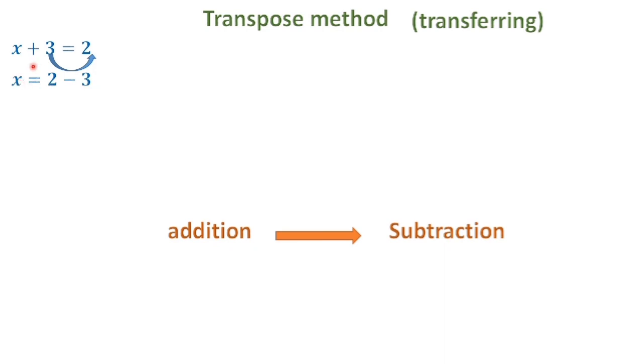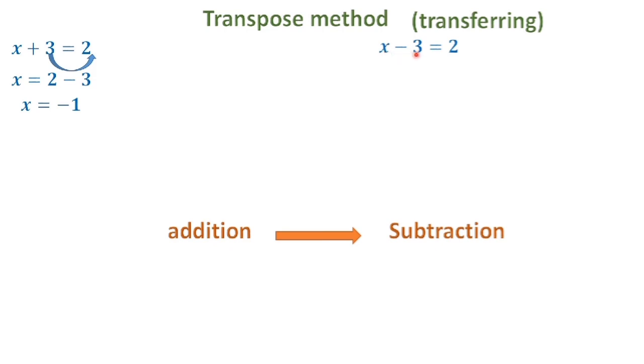So here x is equal to 2 minus 3. We are transposing 3 to the right hand side. So 2 minus 3 is equal to minus 1, because plus 2 and minus 3 have different signs. Subtract: 3 minus 2 is 1. Put the bigger number's sign, that is minus. x plus 3 is equal to 2 and x is equal to 2 minus 3 are the same equation but written in a different way. So the value of x is minus 1.